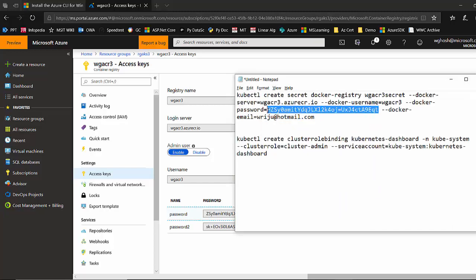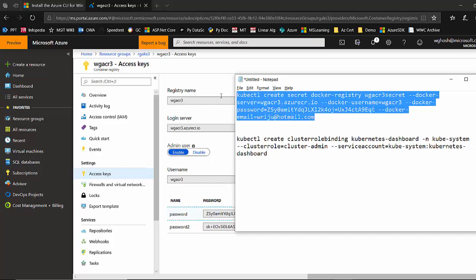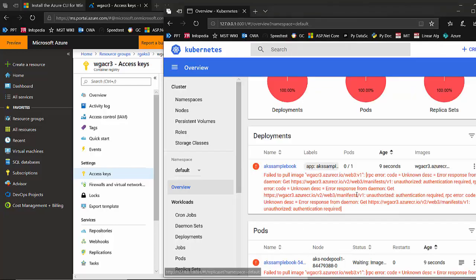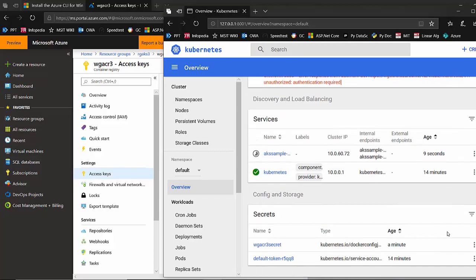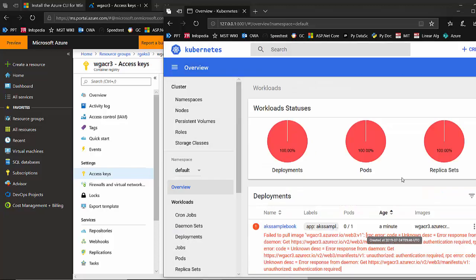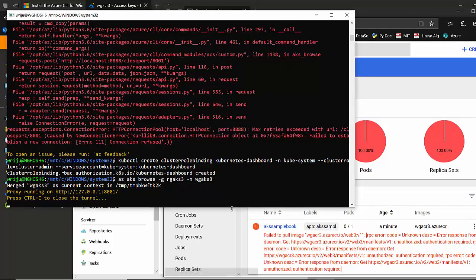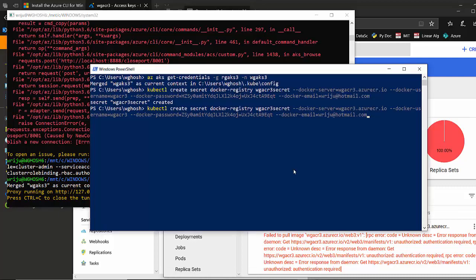So just to make sure that we copied the right setup password, let us just try to regenerate that. Now we go back to the thing and clear the secret, delete the secret. Okay, and then go to the window and see the